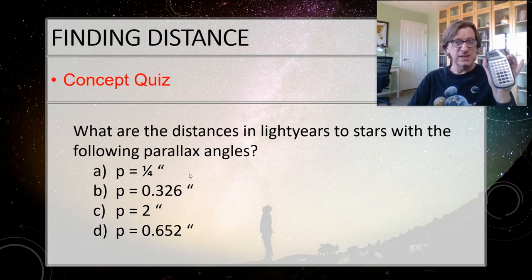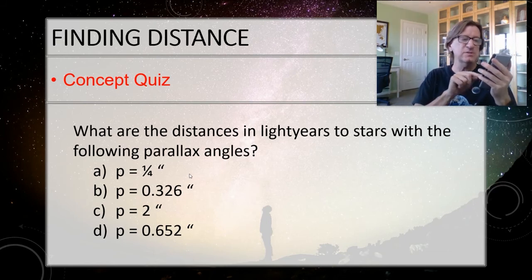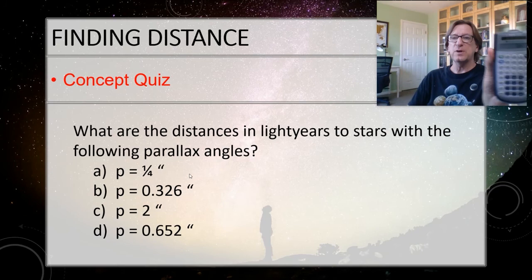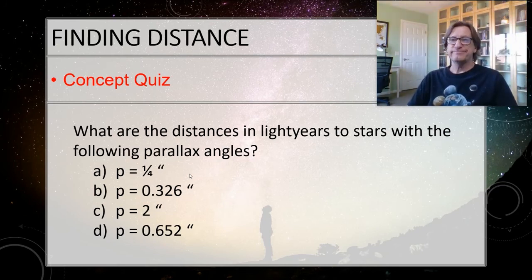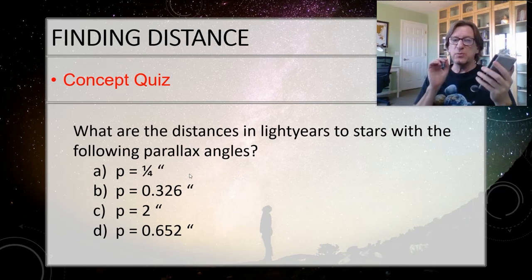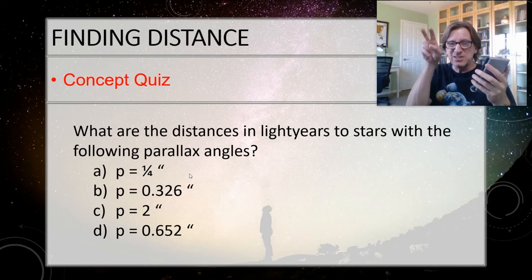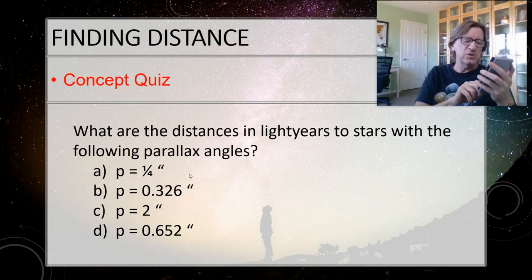But that's not light years, is it? What do I need to do to get it to light years? Multiply by 3.26. So times 3.26, I get 13.04 light years. Make sense? All right, let's do the next one. So it's 0.326 arc seconds. It's not inches. That little double mark doesn't mean inches. It means arc seconds. So don't think that you're going to be converting from inches to anything. It's arc seconds. Okay, so I'll do 1 divided by 0.326.